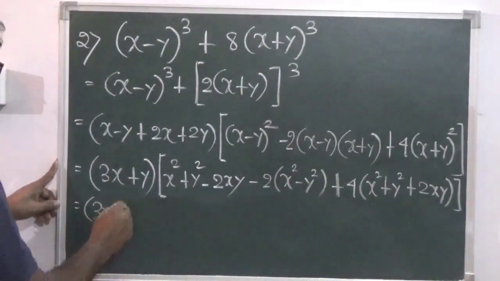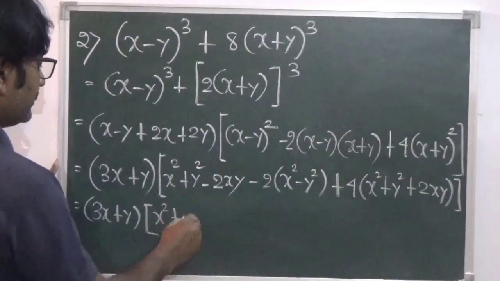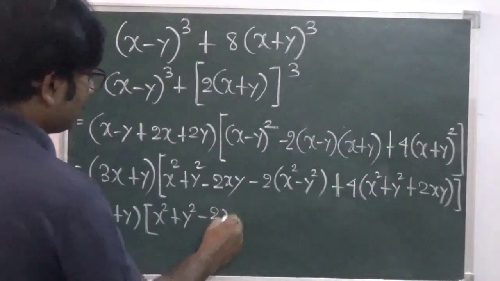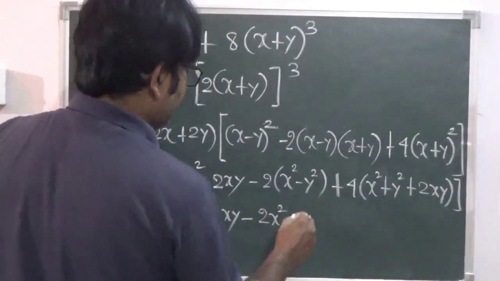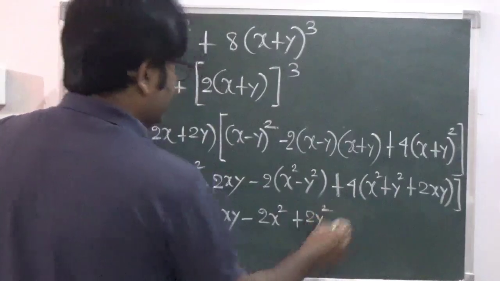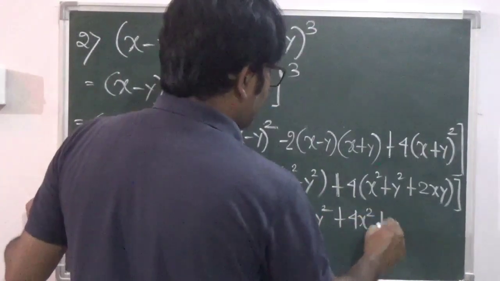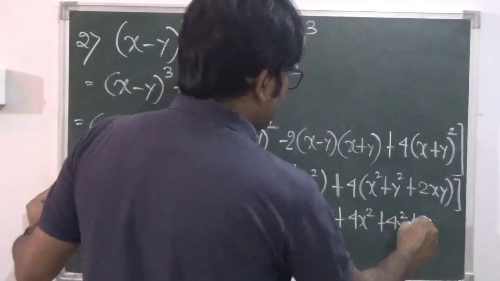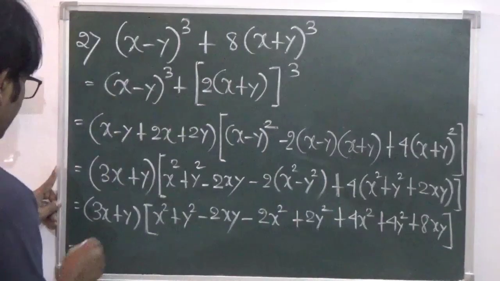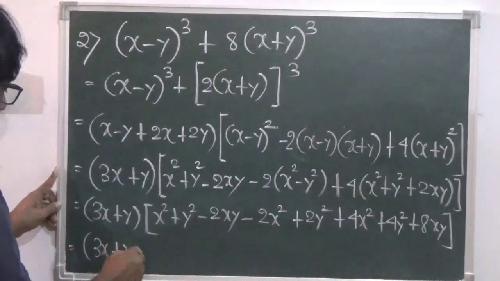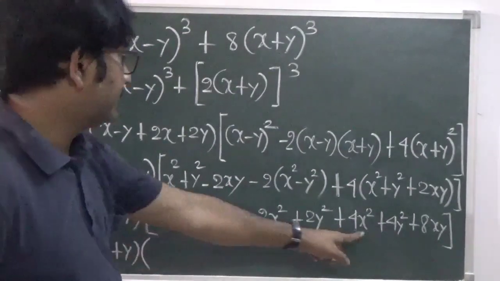Write it as 3x plus y into x square plus y square minus 2xy minus 2x square plus 2y square plus 4x square plus 4y square plus 8xy. So finally we have 3x plus y, x square minus 2x square and this 4x square plus